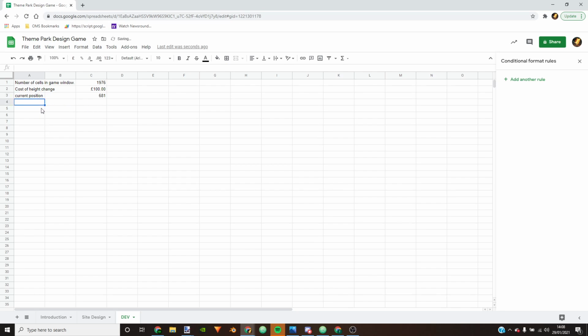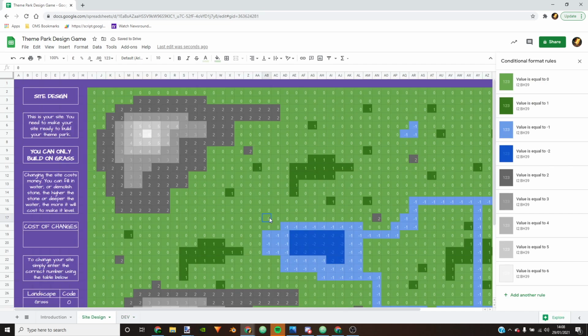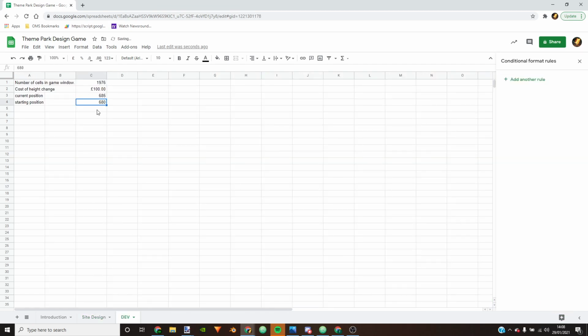And then here we have the starting position, which was 680. And I'll just type it in this time. So that now won't change. No matter what we do to this site, if we add some more rocks, our current position value has changed, but our starting position hasn't. We're now going to compare these two and find out what the difference is. So we say